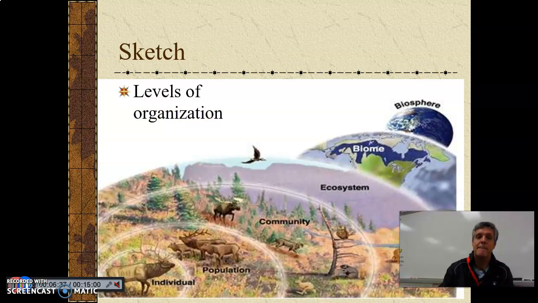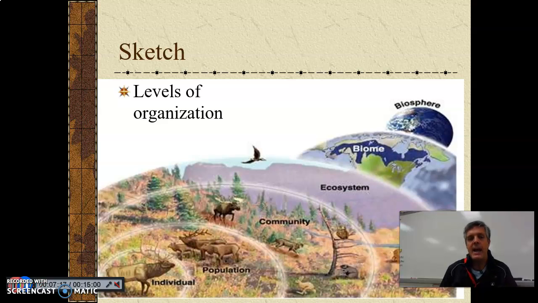You keep taking notes. All right, so it says sketch this, but really what I want you to do is just get the terms down and understand that these are all different levels that an ecologist might study. So if you're an ecologist studying, let's say, the ozone layer, or the greenhouse effect on Earth, you're studying something on the biosphere level. The biosphere level encompasses everything on Earth. And so the ozone layer that surrounds all of Earth, if you're an ecologist studying at that level, you're studying the biosphere level, okay?